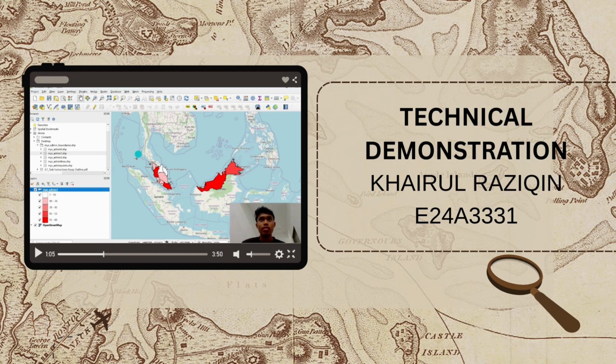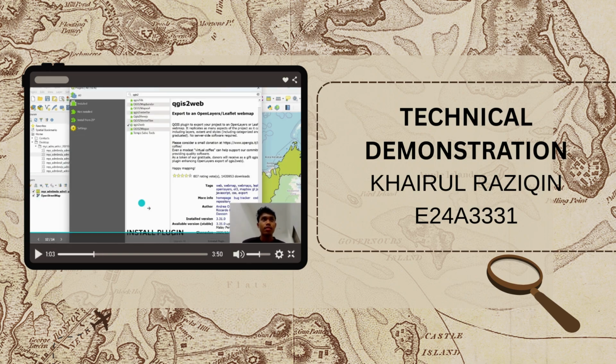So this is our example map after clicking the gradient. For example, the red one has the most quarries. Okay, after that, install a plugin, install QGIS2web,